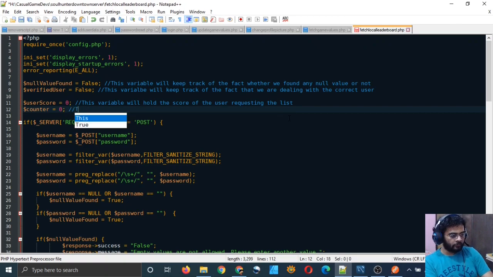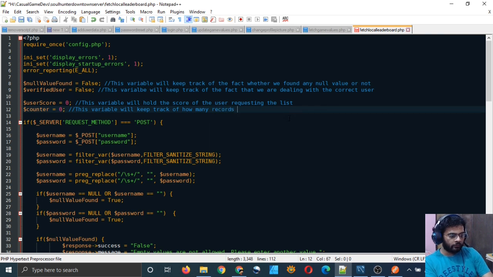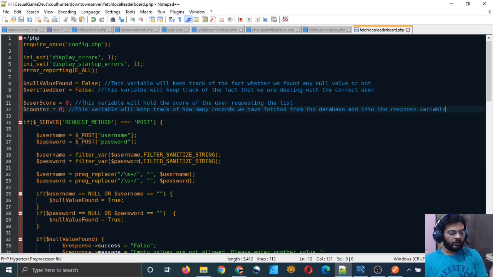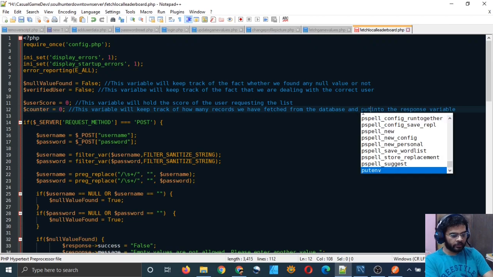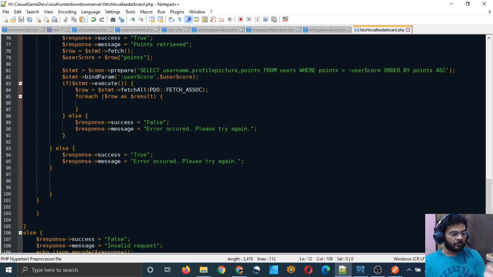This variable will keep track of how many records we have fetched from the database and put into the response variable. So we need only 2 records above the user score, 2 records below the user score. That's why we have this counter to keep track of how many we have stored.